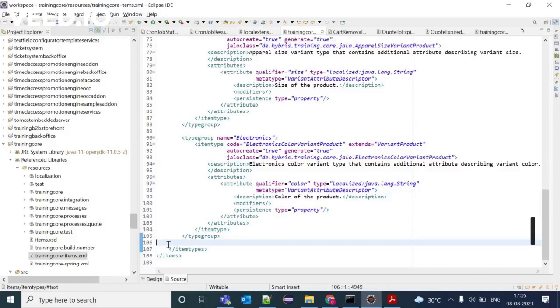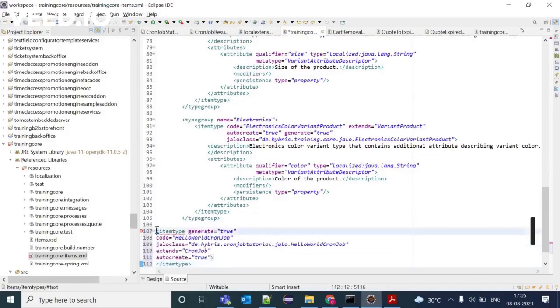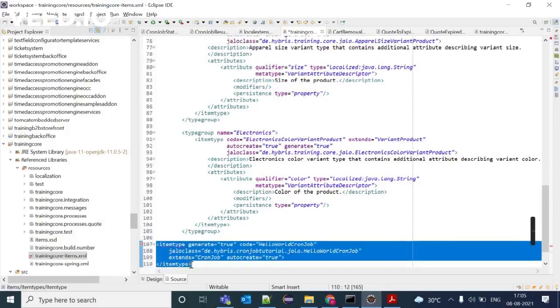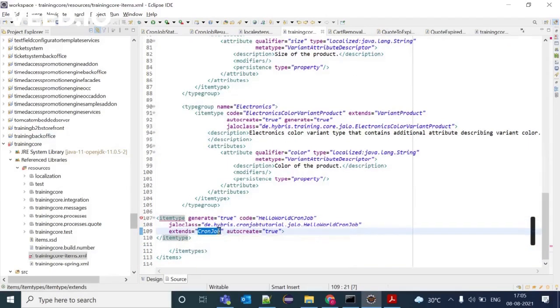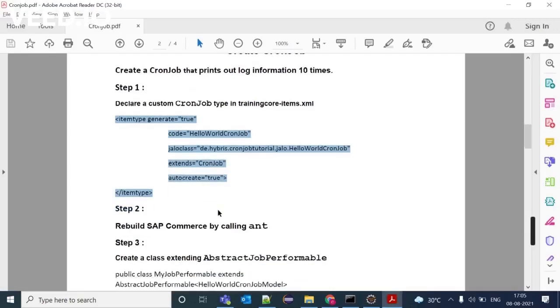Here I have defined the item type with code HelloWorldCronJob, and it extends CronJob. This is the first step we need to do.